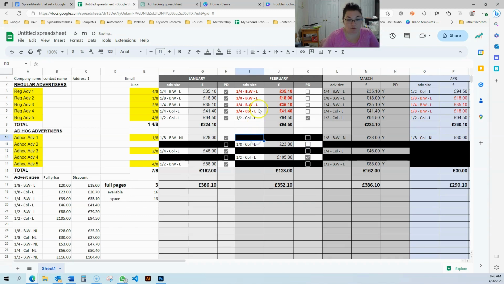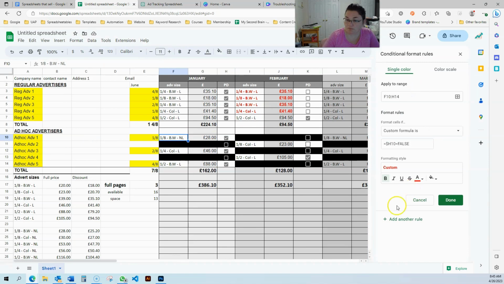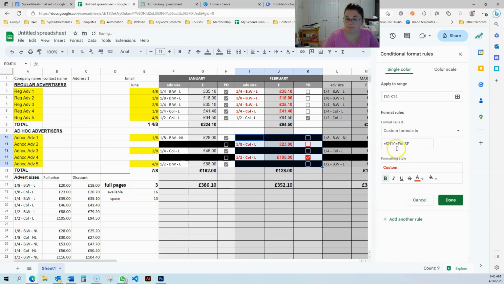And we've got to change the conditional formatting for this one. Did we change for this one? Yeah. So just come over here, Format, Conditional Formatting, add another rule, change the range. Okay. And now instead of H10, it will be K10. I'm just going to do this one so you see how you can adjust that to the other months as well. So just go here,